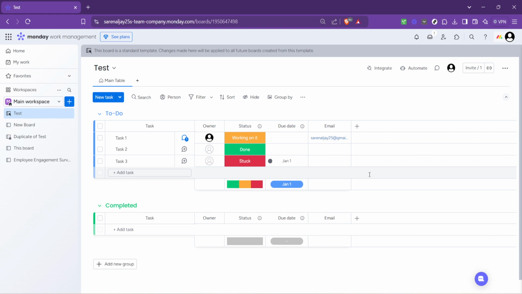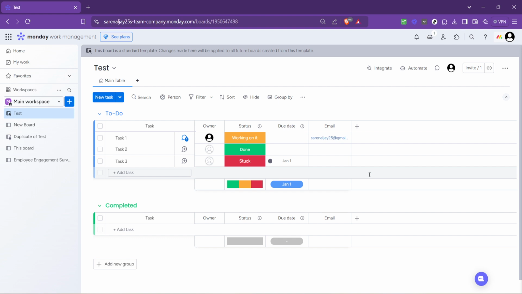In closing, the ability to create templates on Monday.com is an invaluable feature for anyone looking to streamline their workflow and ensure consistency across projects and teams. By following the steps we've outlined today, you're well on your way to leveraging this powerful feature to its fullest potential. Whether you're looking to manage projects more efficiently, maintain consistency in your team's workflow, or simply save time setting up new boards, creating your own templates on Monday.com is a surefire way to achieve your goals.